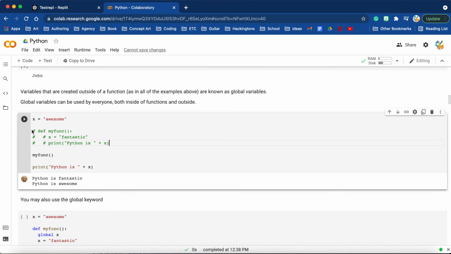So the difference between local and global variables is local variables are inside of a function versus global variables are outside of a function, and functions do their own things. So this here is the print statement, this here is a variable. Together they print Python is awesome, versus this whole function right here, well, it has a variable and you can